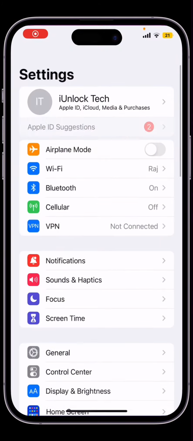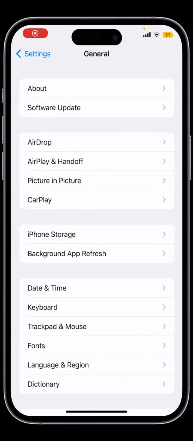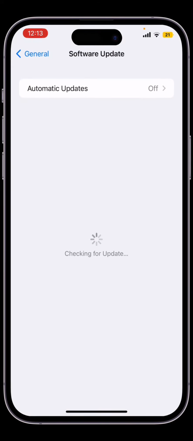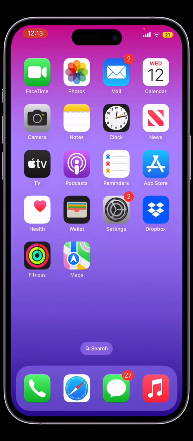So in this video I'm going to show you how you can download and install iOS 16.1 beta 5. So guys, if you're trying to download iOS 16.1 beta 5 on your iPhone but it's not showing on the iPhone, I'm going to show you how you can fix this problem and how you can download the beta version. So guys, if you're trying to download the beta from Apple website but it's not showing on your iPhone,